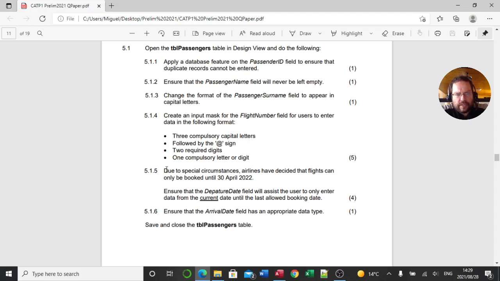Alright, now it says due to special circumstances, airlines have decided that flights can only be booked until the 30th of April 2022. So ensure that the departure date field will assist the user to only enter data from the current date until the last allowed booking date. So the last allowed booking date we know is the 30th of April 2022, and the current date is going